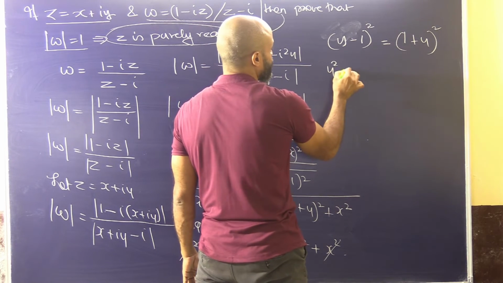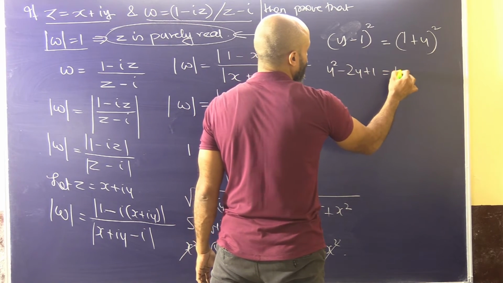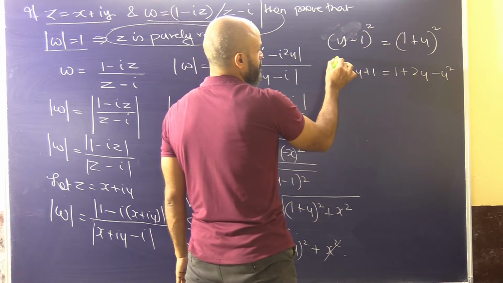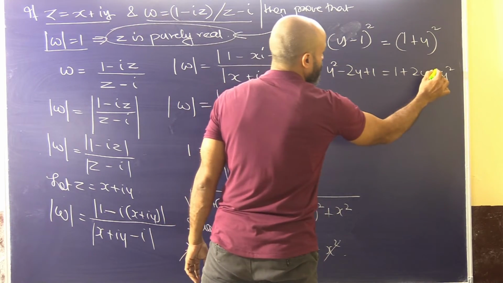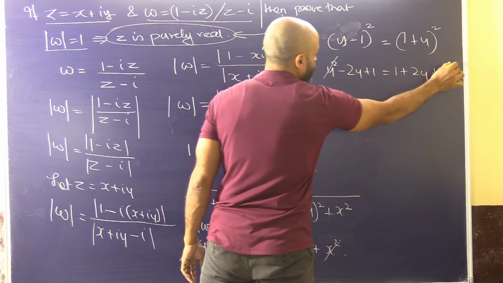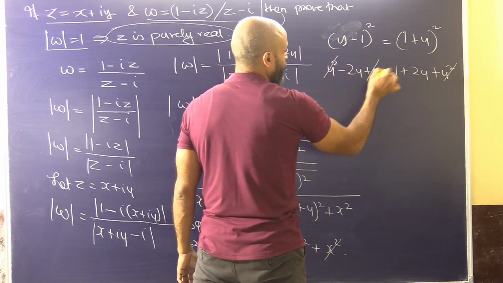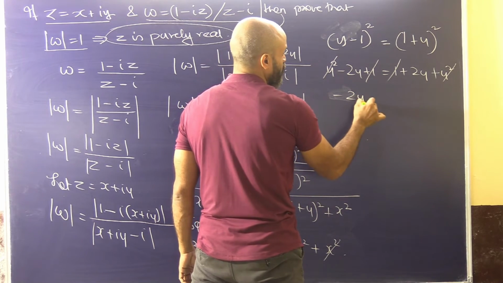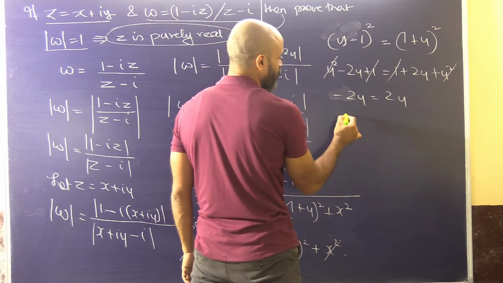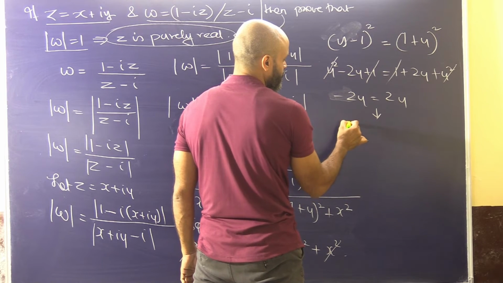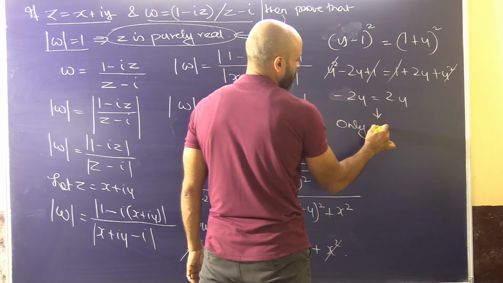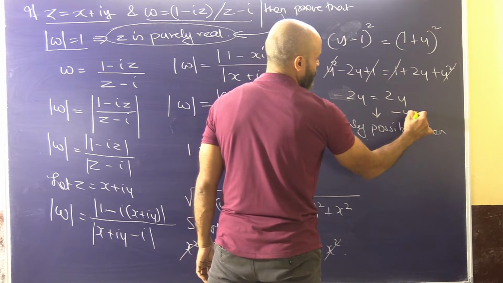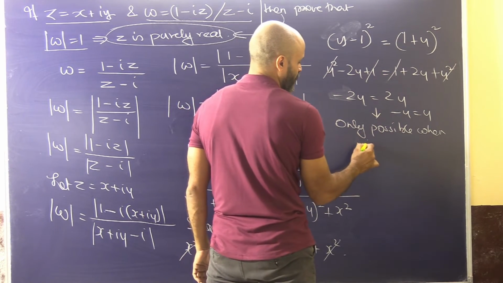What we are getting here is y square minus 2y plus 1 is equal to 1 plus 2y minus y square. So in this case this will be plus y square. The y square part gets cancelled. The 1 and 1 part get cancelled. Minus 2y is equal to 2y, which is not possible unless y, which means basically minus y is equal to y, which is only possible when y is equal to